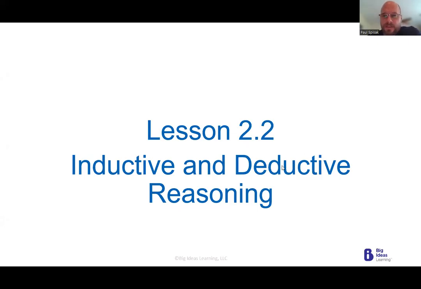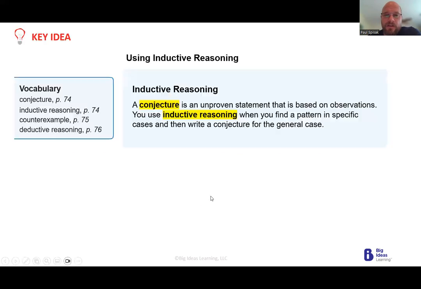Okay, so this lesson is to cover both 2.2 and 2.3. We're not doing all of 2.2. We're only going to do part of it. Inductive and deductive reasoning is the title for 2.2. You don't really need to know the definitions of inductive and deductive. I'll mention them briefly. But the main two things that we need from 2.2 are the definitions of conjecture and